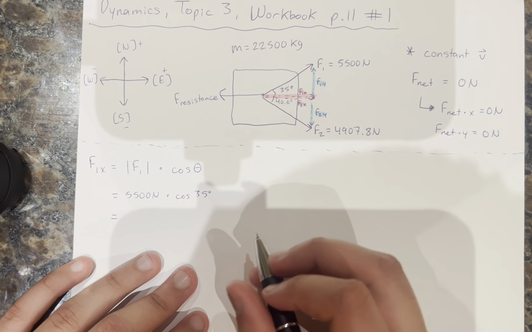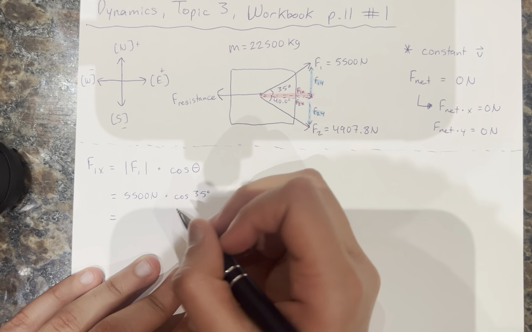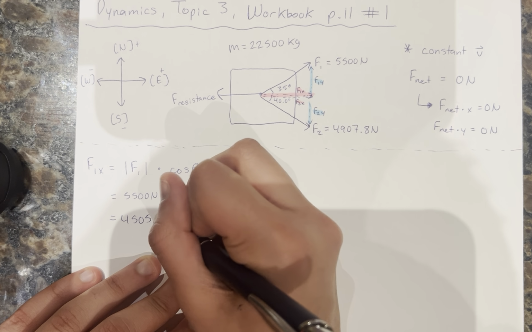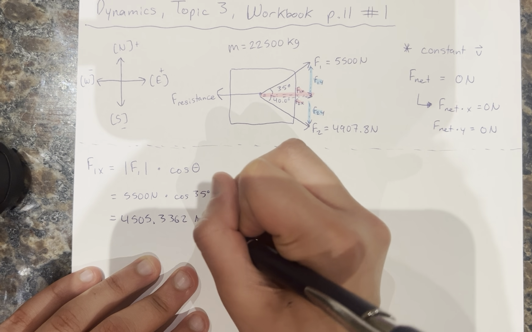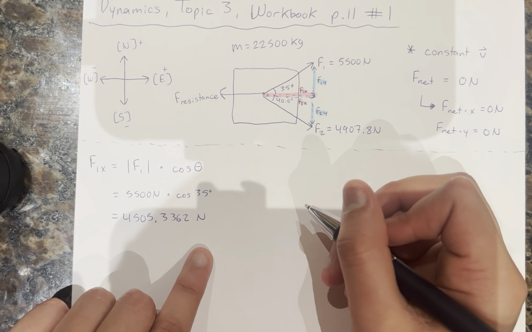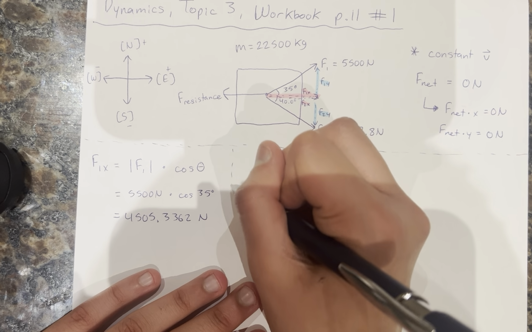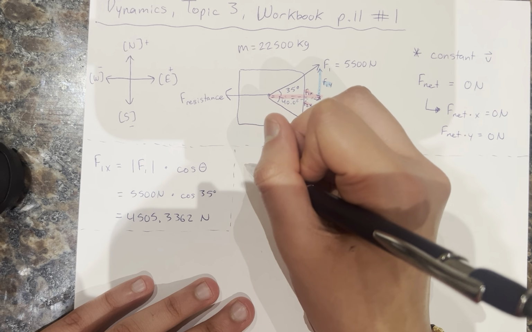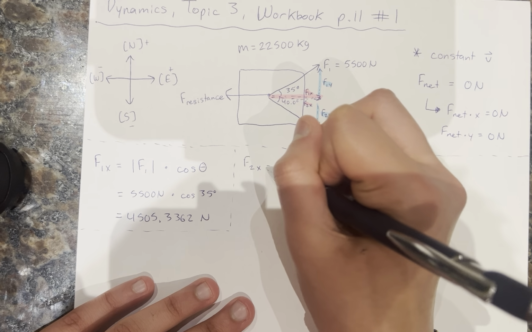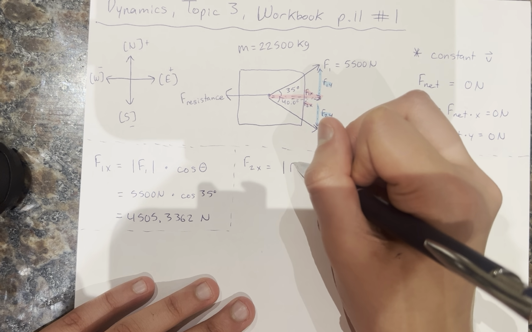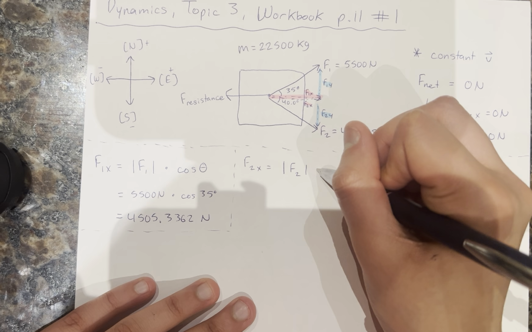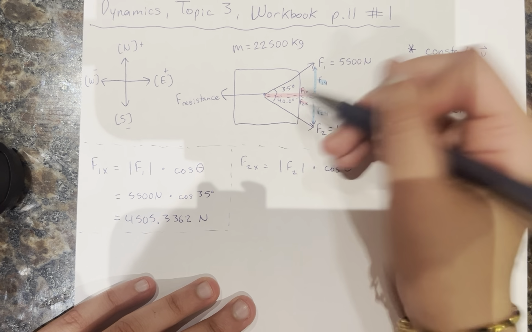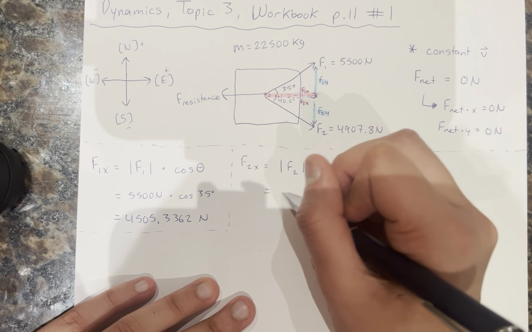I've already calculated all the values for this question, but the answer you should get is 4,505.3362 newtons. And that is your value for F1x. Now for F2x, you want to do the magnitude of F2 times cos of theta, and you know that because of SOHCAHTOA. So now you just sub in your values again,